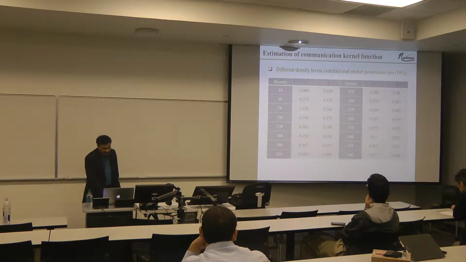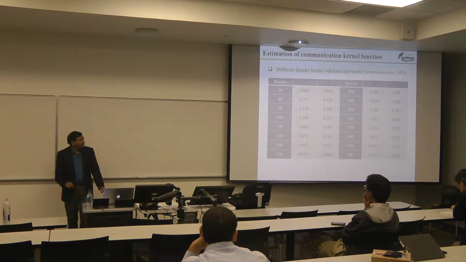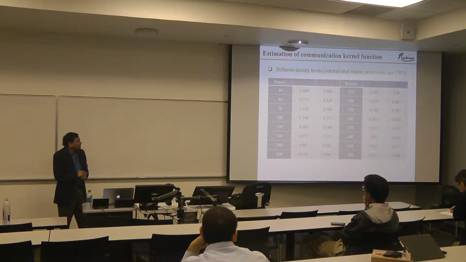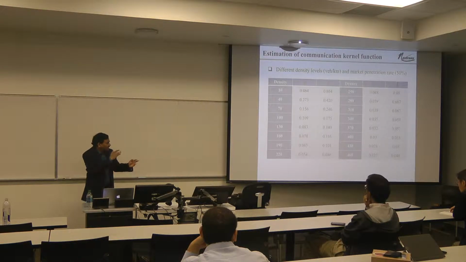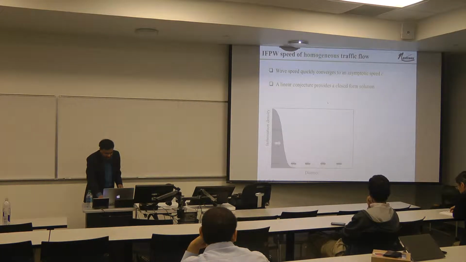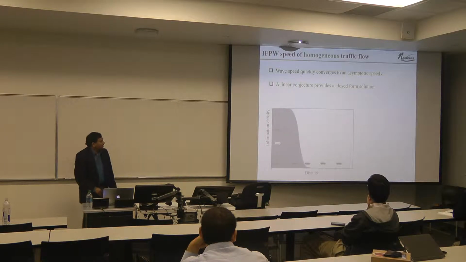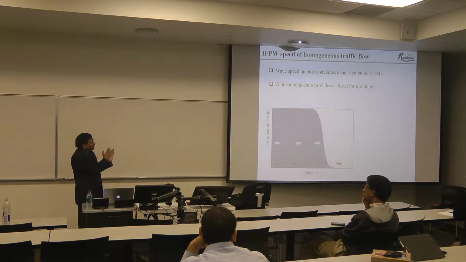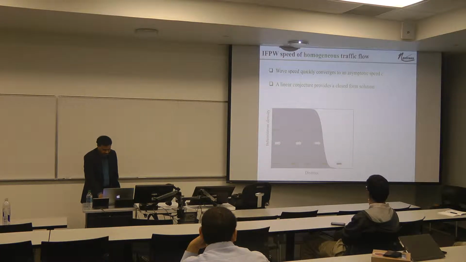We are looking in this case at 3 lanes. So we have densities from 0 to 480 vehicles per kilometer, which is 160 vehicles per kilometer per lane. We're just showing up to this because we didn't have the space for the rest. So you're seeing the curve fits for the various ones here. Based on that, we show that under a linear conjecture, which I'll come to in a little bit, the wave speed converges to an asymptotic speed. So there's some speed, initially it's slower, and then it steadies itself at some point.